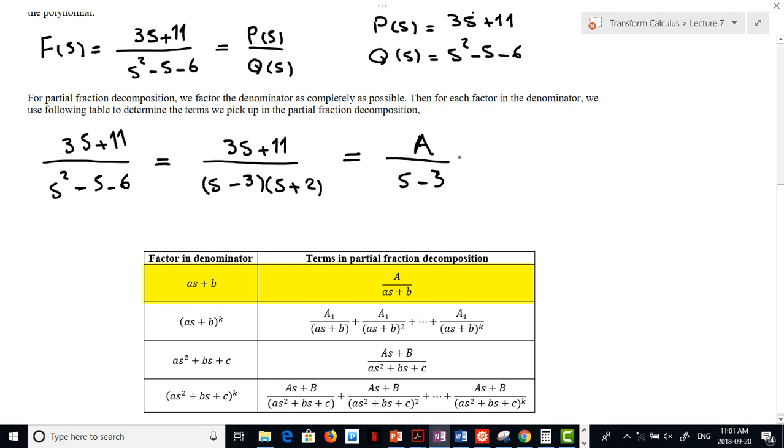But since we already used A capital, now I use another letter, which is unknown as well. So it's divided by s plus 2. So A over s minus 3 and B over s plus 2. So they are partial fractions of our original function, which is 3s plus 11 over s squared minus s minus